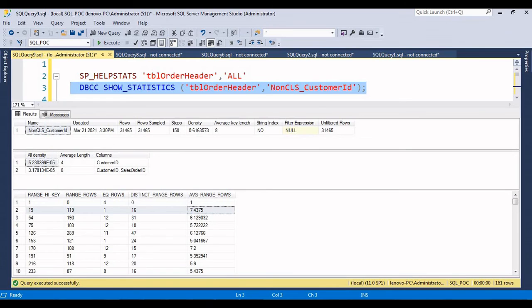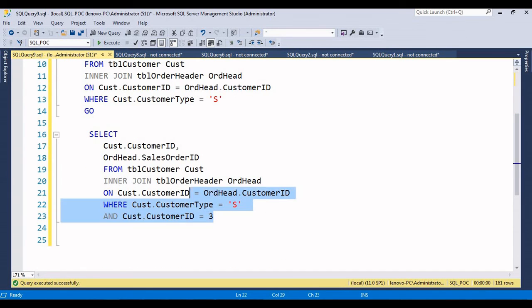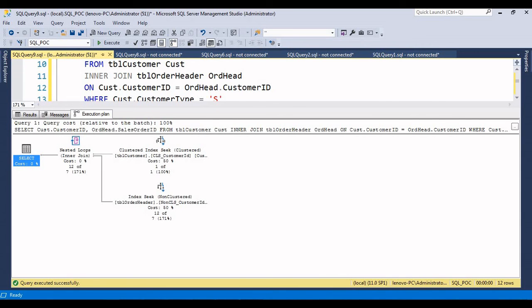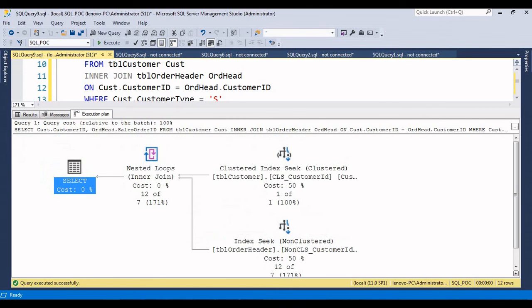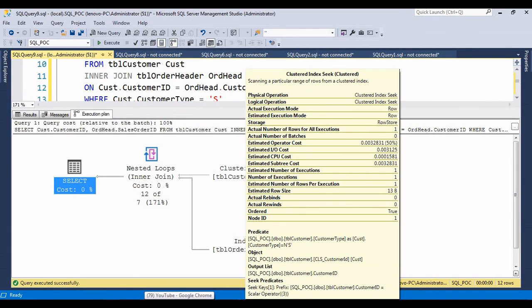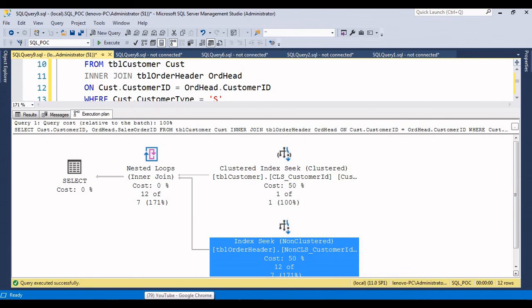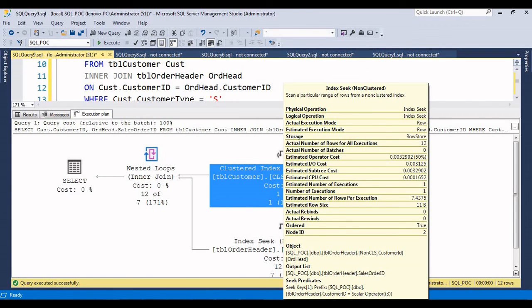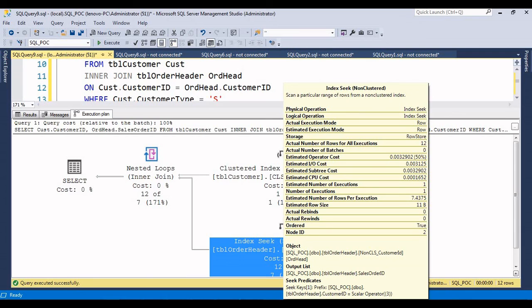And also when I execute this select statement, we can see that it's nested loops only, it's not merge join, right? It's not a merge, it's nested loops only, because this is the outer table, this is the inner table. Outer table has been executed one time, this is the inner table. Okay,